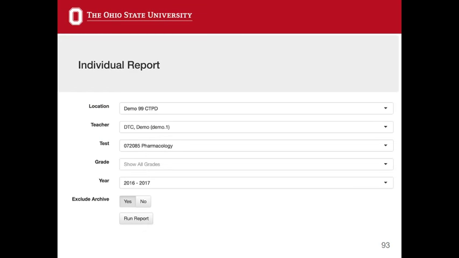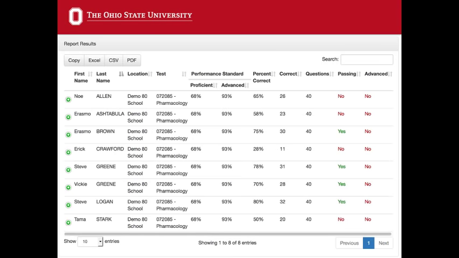Okay, let's take a look for a test now instead of a pathway. So just an individual test. Again, you'll notice this screen looks slightly different than it did for a pathway. Again, you'll see the name or SSID if you choose that option. You'll see the location, what test we're reporting on, the performance standards for that test. You get both the proficient and advanced performance standard, the percentage of questions that student answered correctly on that test, as well as the raw numbers, and then the passing, and whether or not they pass and whether or not they pass with an advanced